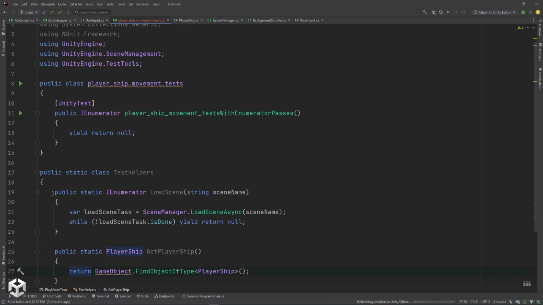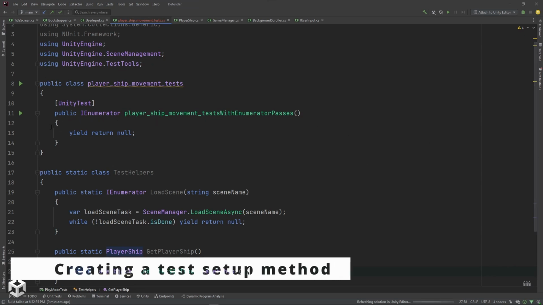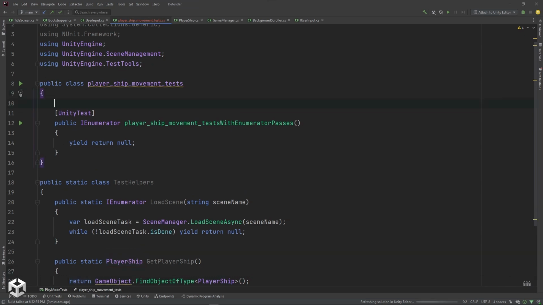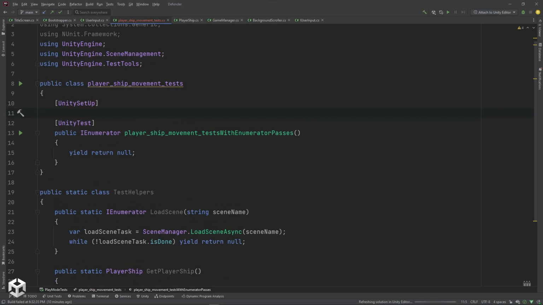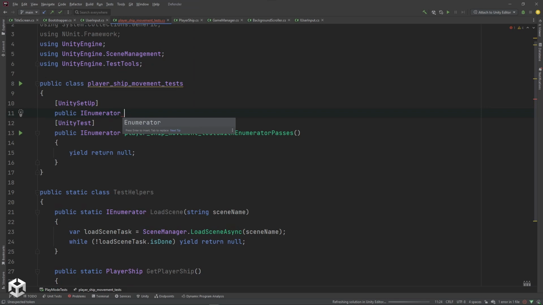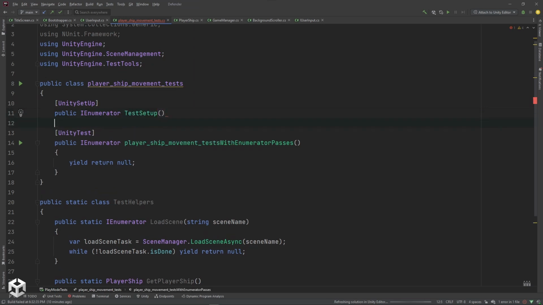Okay, so now that we have that, I want to create a setup method that will load our scene and get our ship every time we run a unit test. So we're going to give it an attribute. It will be UnitySetup, and it doesn't matter what it's called as long as it returns IEnumerator. I'm going to call it TestSetup,